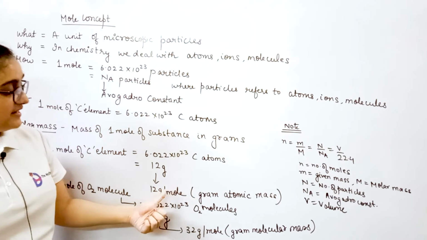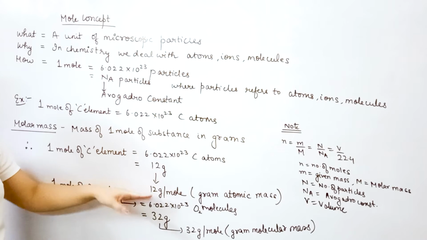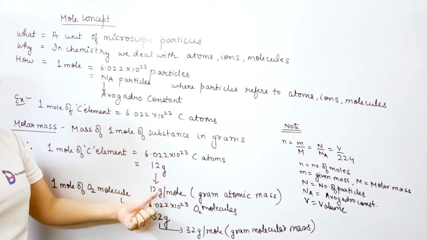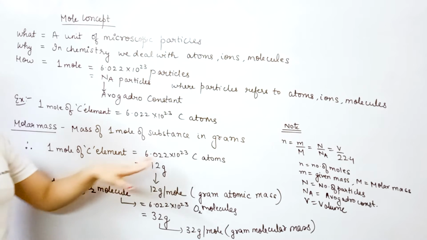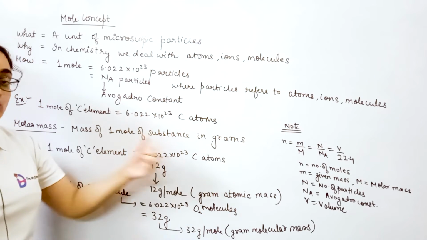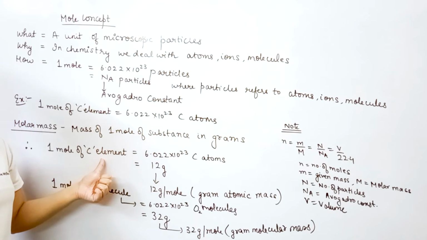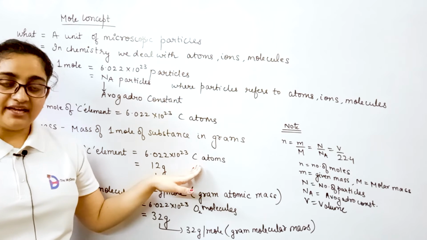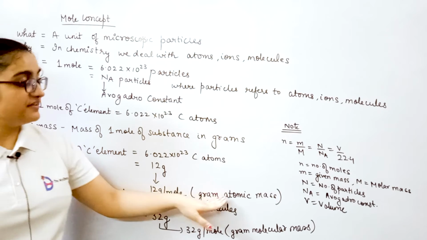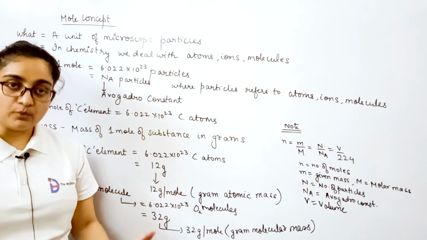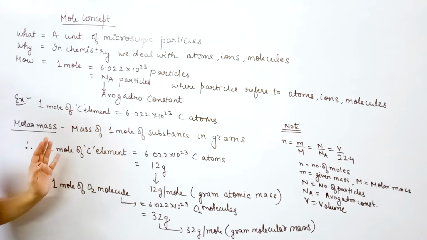Here you can see that I have written it in terms of gram atomic mass. This is what the 12 gram is, because we are talking about the carbon element. Carbon element means these many atoms are there, so you have to talk about molar mass in terms of gram atomic mass. Because we are talking of the carbon element and we know these many carbon atoms are there, if we are talking about the molar mass of this particular example, then you have to write it in terms of gram atomic mass, which equals 12 gram per mole, because molar mass is written in grams per mole. Clear? Is the concept clear now? I hope it is clear to all.